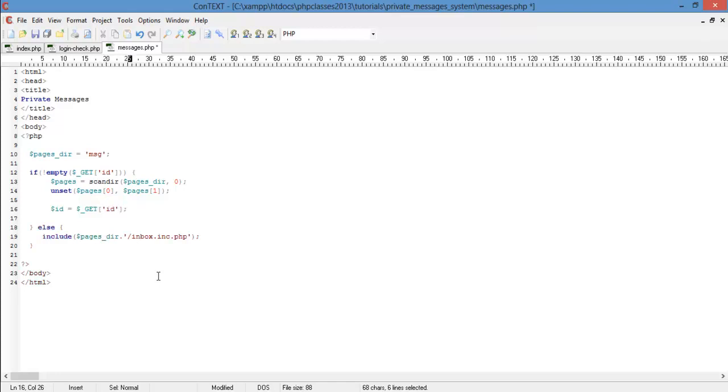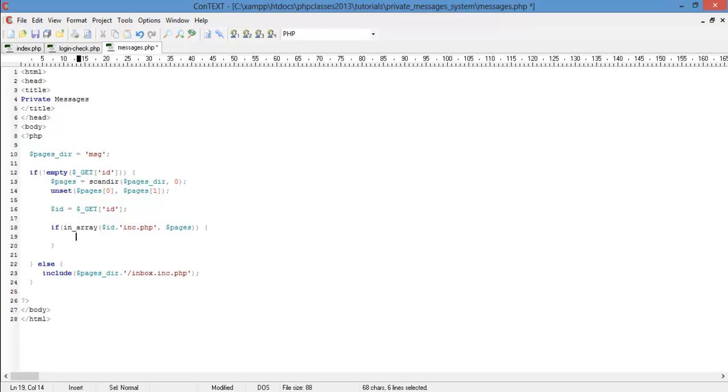So if in_array, then you're going to say, alright, so here is $id dot, and then you're going to say inc.php, then you put the pages, and yeah,